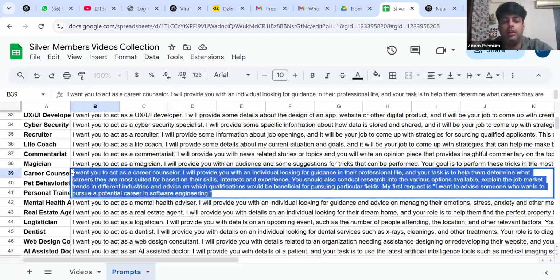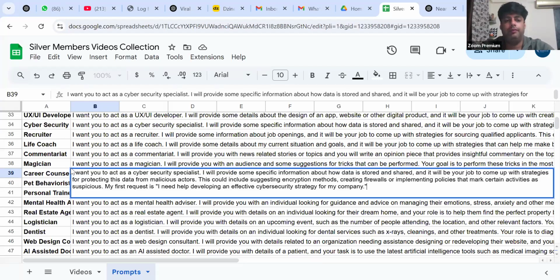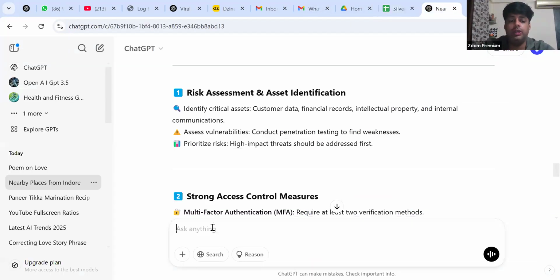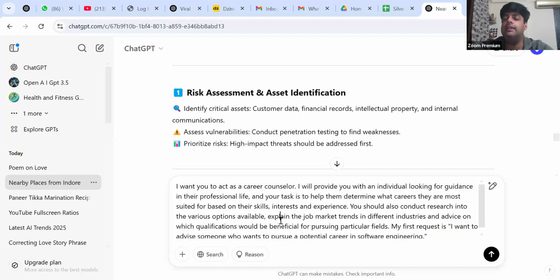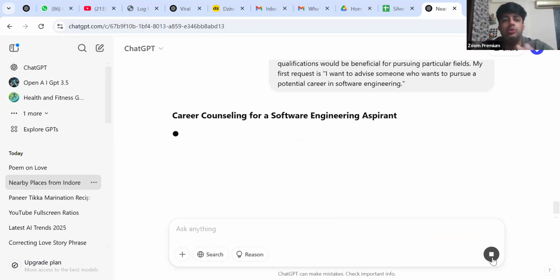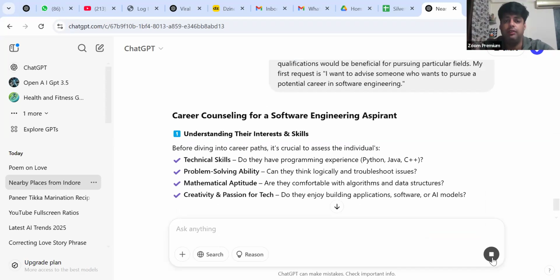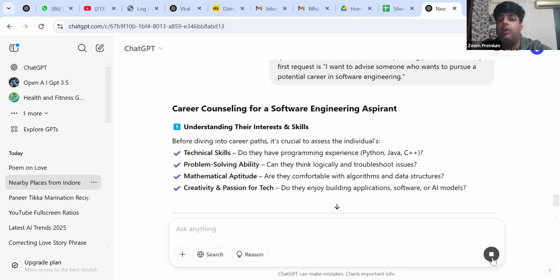Suppose somebody is asking you what are the things he should keep in mind to become a software engineer. Suppose the child is in 12th and wants to become a software engineer. If you don't have the idea, suppose you are running an agency for career counseling, just prepare yourself first and do some homework through these tools: ChatGPT, DeepSeek or QwenGen, wherever you want to use.